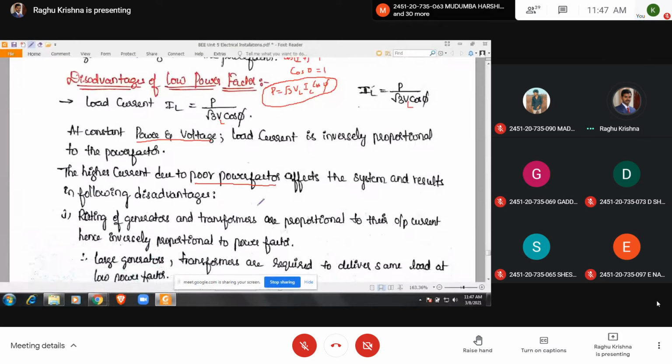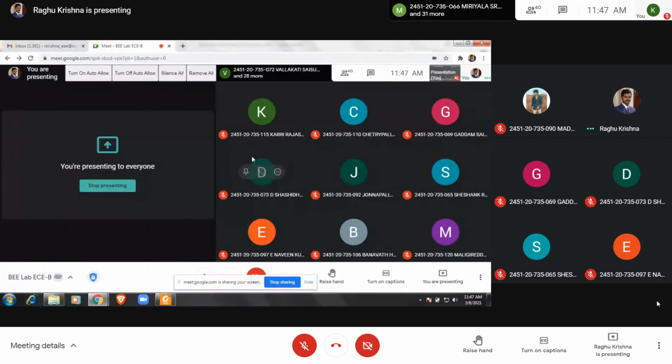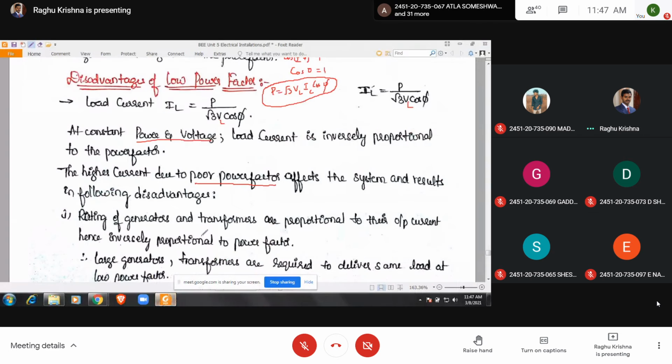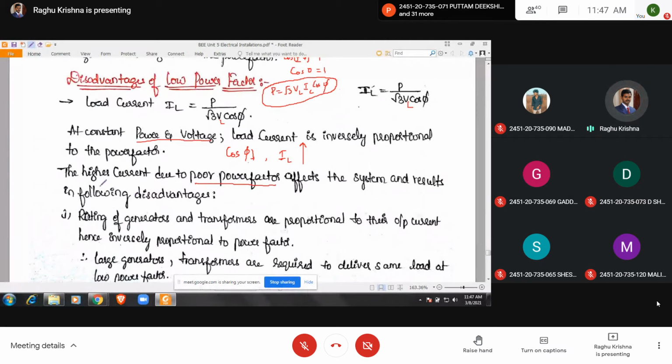So next, what are the effects of this increased current? From the equation, if power factor reduces, if cos phi reduces, what happens to IL? IL increases, right? So if IL increases, what are the disadvantages? Let us see here. The higher current due to poor power factor affects the system and